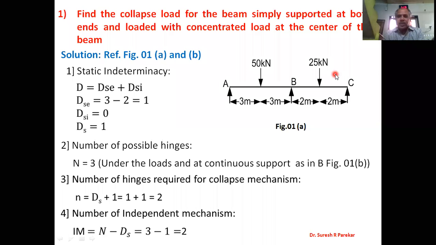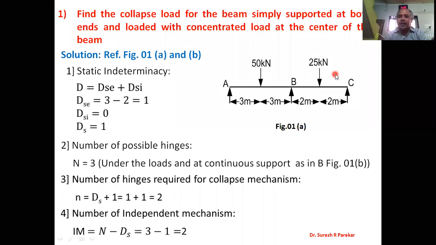So in the last session, we have seen problems on single spans for determinate beams, that is simply supported beams. Second, we have propped cantilever, indeterminate to degree 1, and then fixed beams, which are indeterminate to degree 2. Now we are going for continuous beams. Once I am very clear with single span beams, then continuous beams are only applications. So you have to apply whatever concepts we have studied for determinate and indeterminate single span beams, and that will be extended to continuous beams.